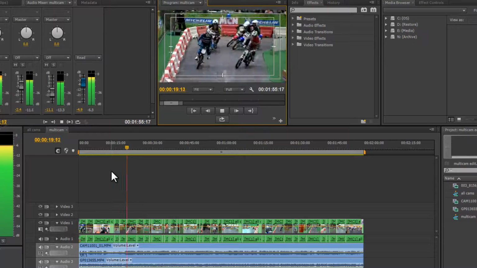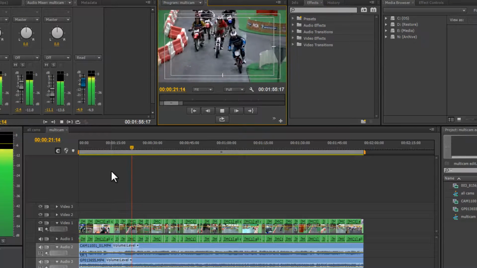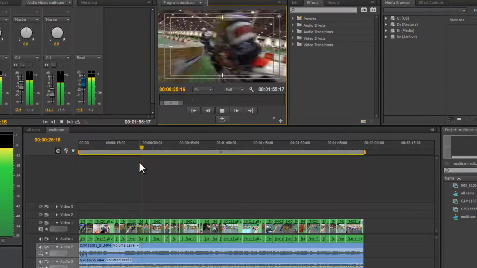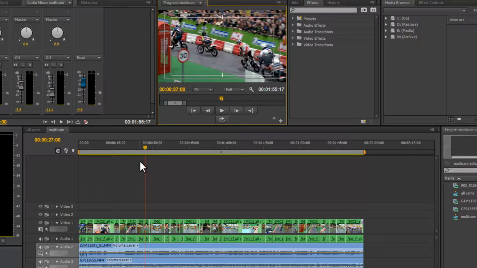There's a bit of corner cutting, but it's the electric bikes that lead. Michael Dunlop has the advantage from Jamie Whittam. Nearly. Now, as you can probably tell, there's a little bit of colour correction needs doing on the GoPro, and